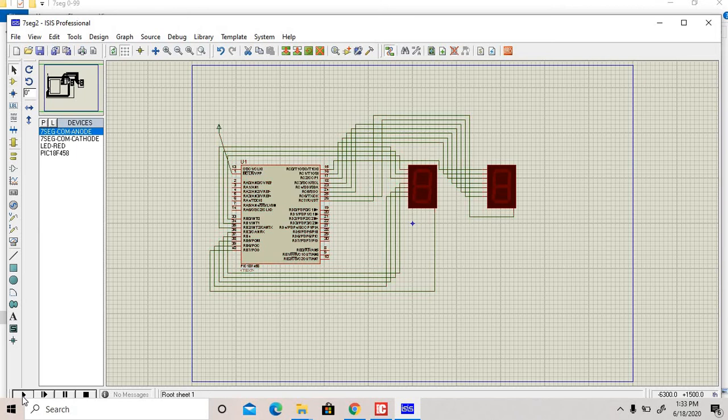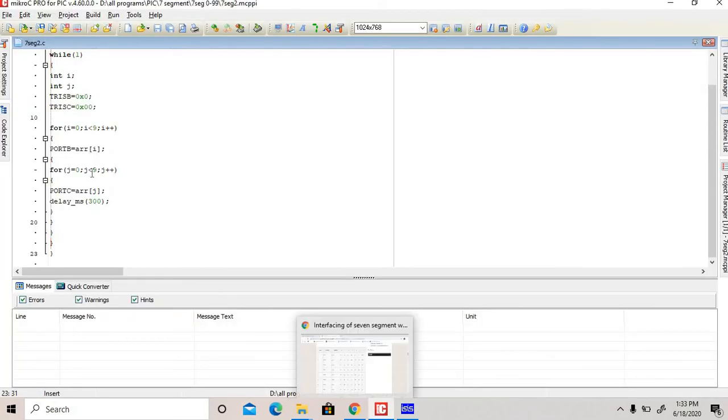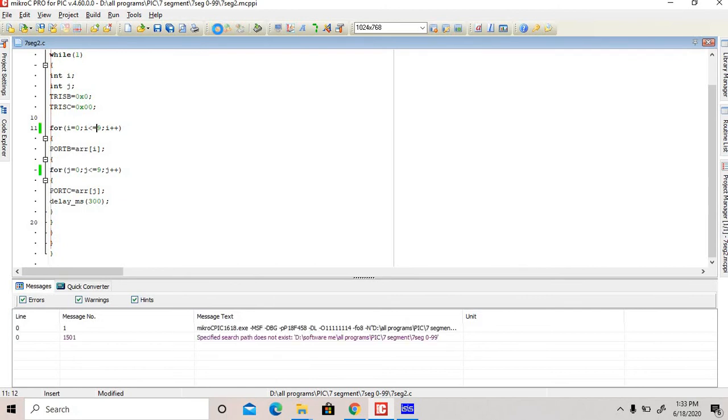After that play. 0, 0, 1, 2, 3, 4, up to this. Okay. This program is equal to 9. Equal to 9 means 0 to 9, total 10.